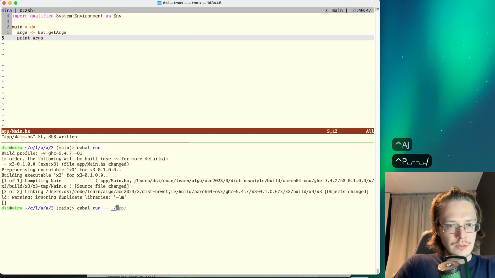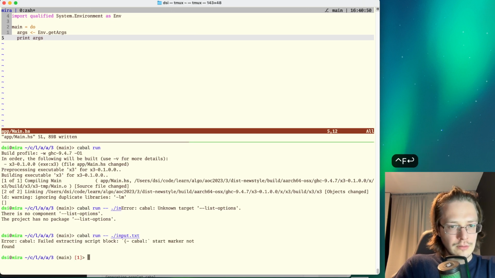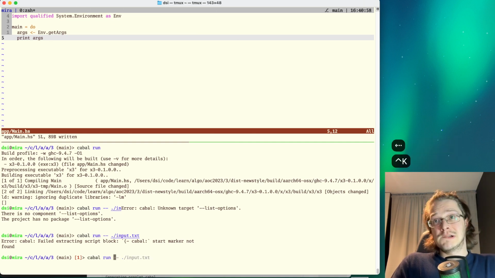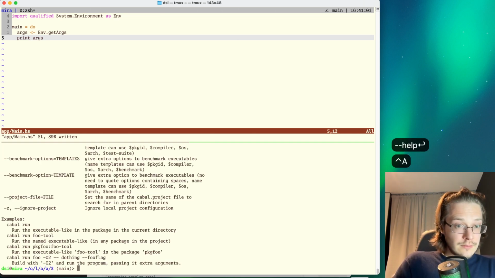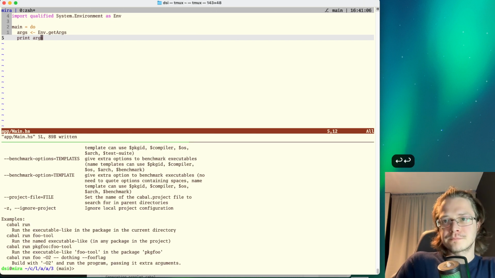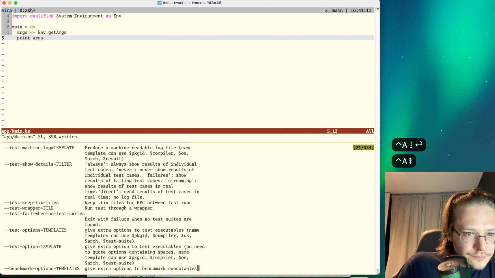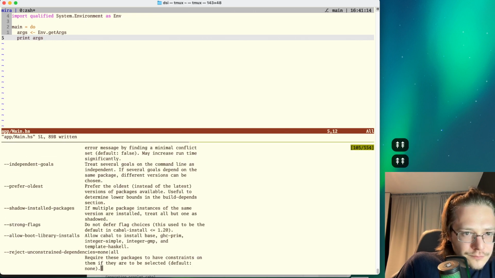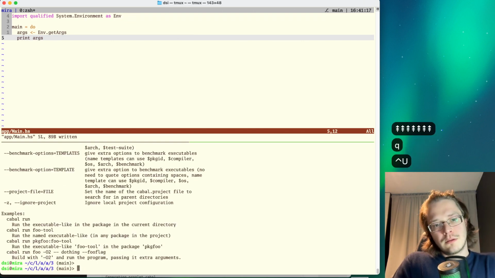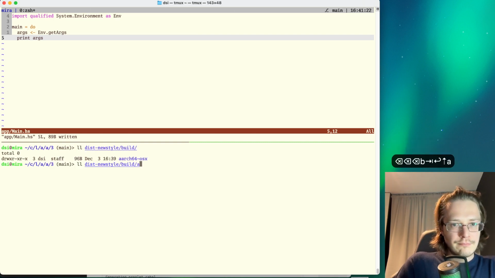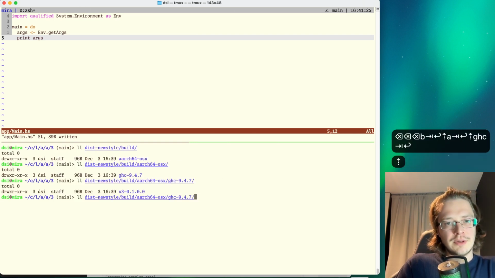Yeah, and if we run it with input.txt. Oh, that's not what cobble run means. Okay. Oh, so how do I pass arguments to the executable? Oh, okay, I don't care. This new style, do we have... Oh, shit, why do you have so many